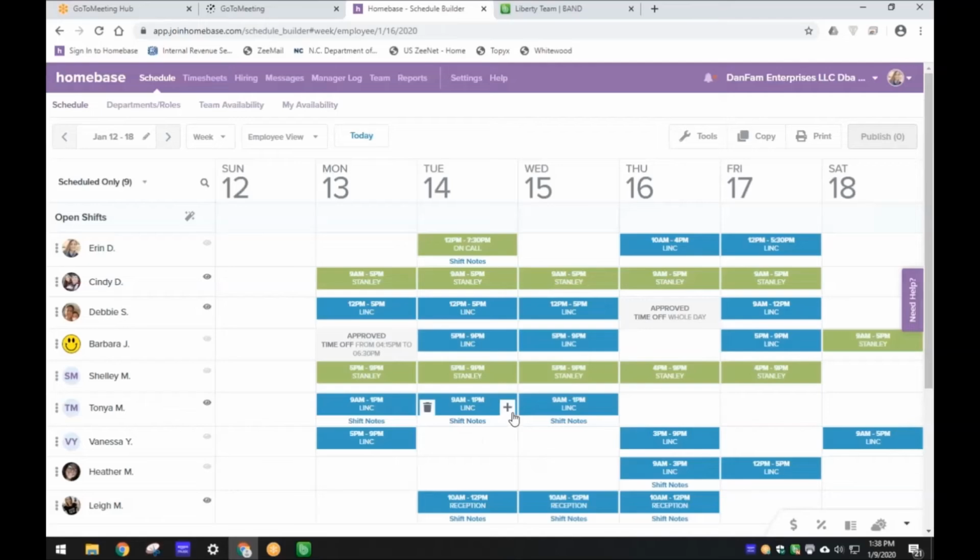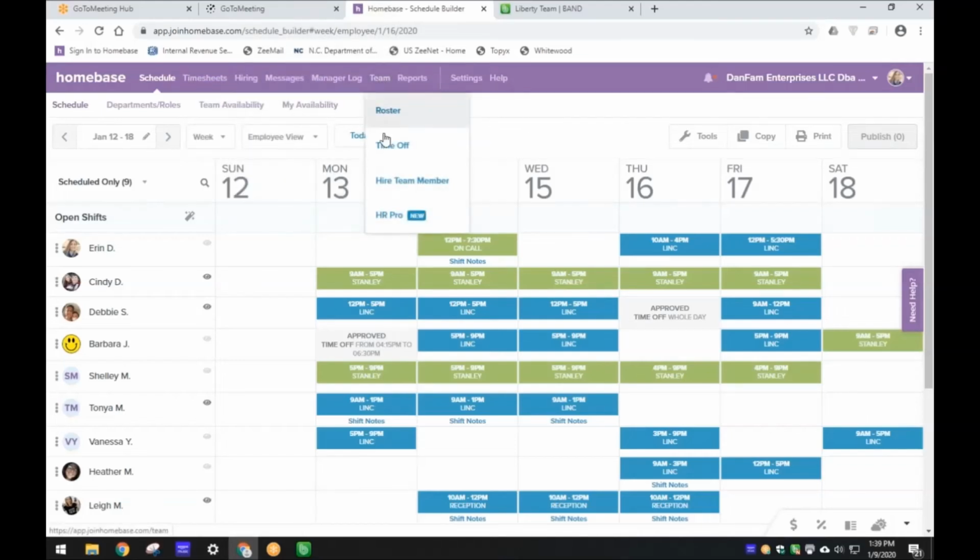Okay, so now it has the green solid here, and this is what next week's looks like. So what you're looking at is the blue is one office, green is another office. So I have team members that, like this particular team member, float. So you can see she has both colors there. The other thing I wanted to point out to you is right here, she's got approved time off. So if you go up here